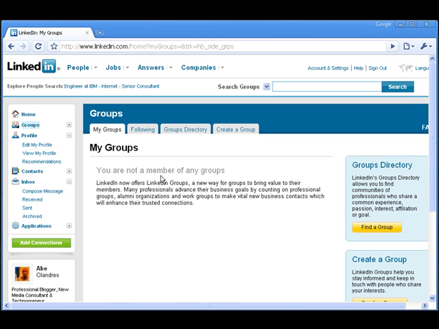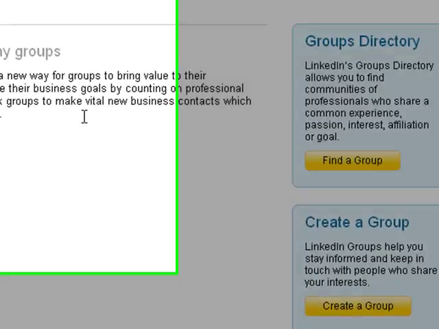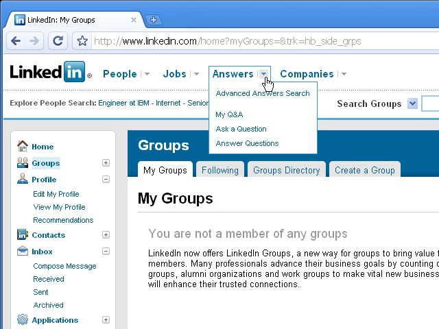Another function of LinkedIn, just like in Facebook, is to be a part of a specific group. You can go and create a group or find a group that you think you want to belong in. Just like Yahoo Answers, LinkedIn also has the LinkedIn Answers where you can go and ask for questions and maybe answer other people's questions. So let's just go to my Q&A,